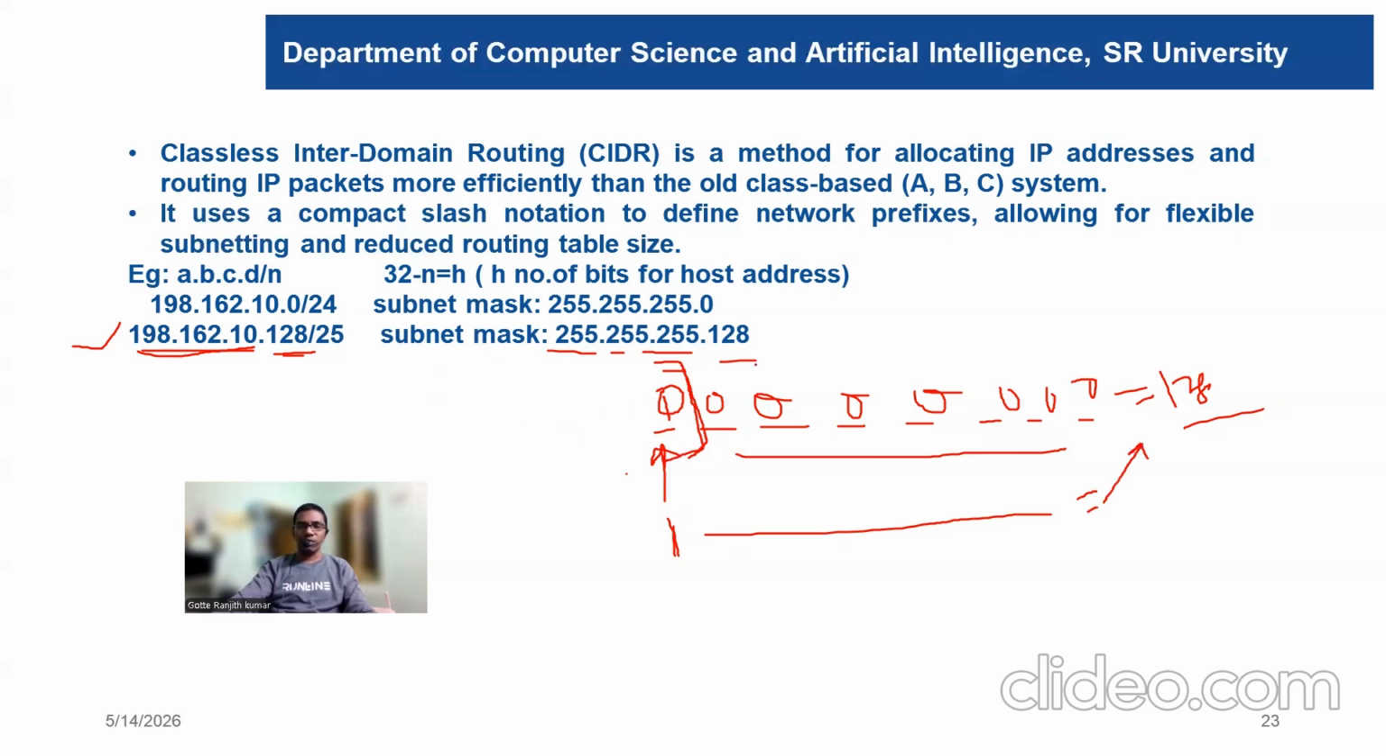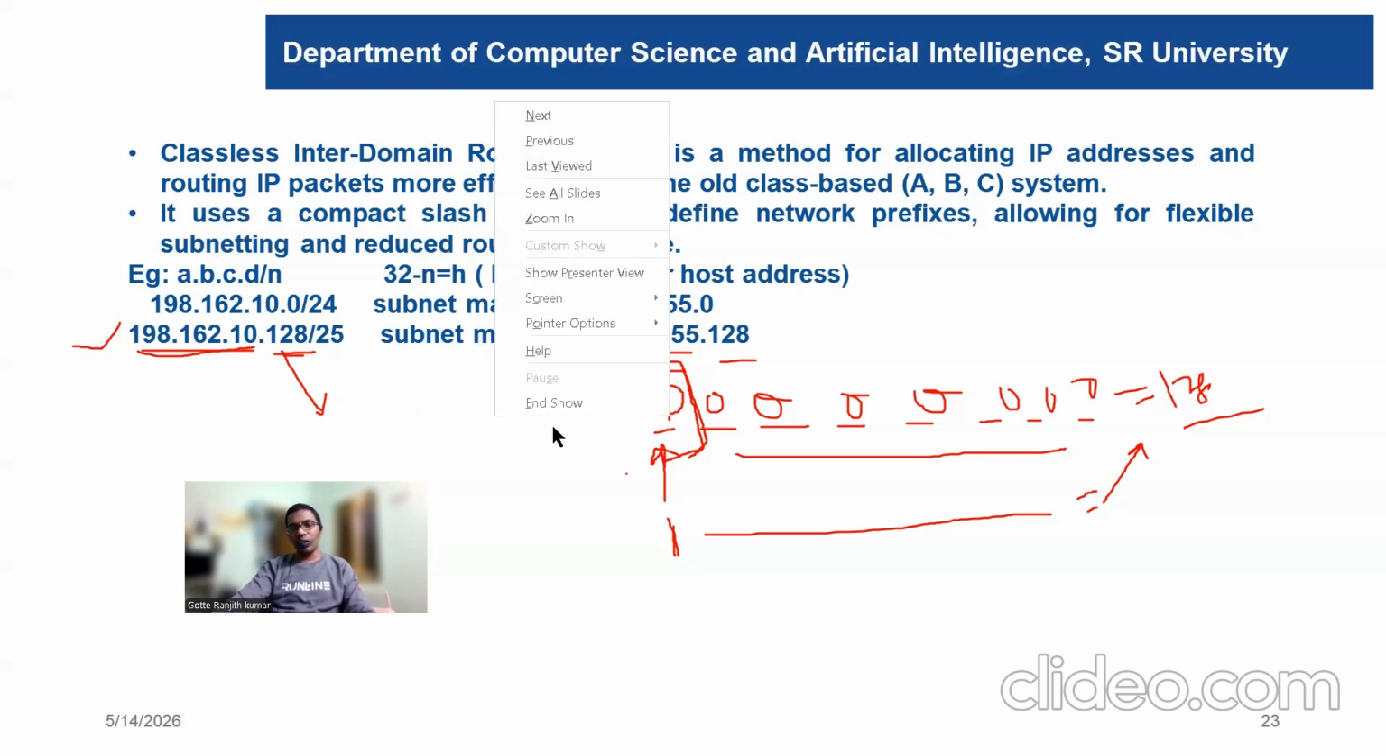That is 128. But here this can be 128, otherwise 0. Because here two possibilities are there, 0 and 1. Anything can be written. Okay. So in this way, if we have a look at this,